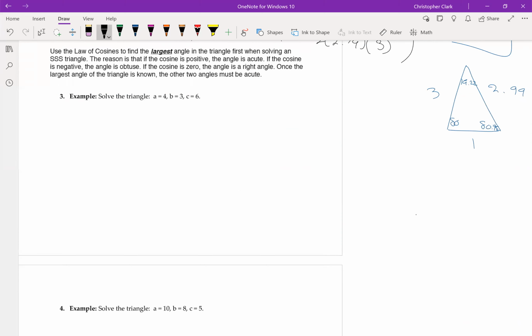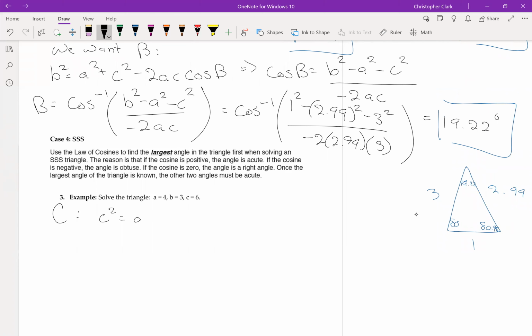The answer is yes. The largest angle is going to be opposite the largest side. So that means we want to solve for big C first. So we'll say C squared equals, let's go up here, double check and make sure we get it right. A squared plus B squared